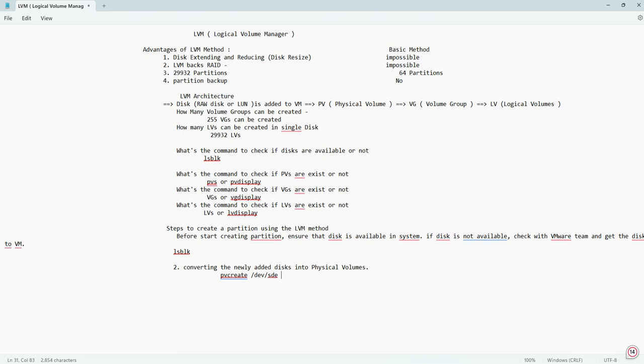If it is a single disk, then we can issue the command pvcreate /dev/sd. If we have more than one disk added to the virtual machine, then what is the command? pvcreate /dev/sd{e,f}. Okay, so if you see here,